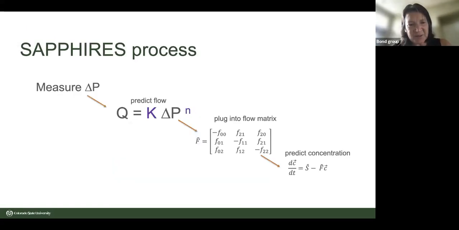So what we're hoping to do in this process, the thing we're adding, is measure that pressure difference under real conditions. Then we can use it to predict the flow, then plug that into the flow matrix, and then predict the concentration. So the results I showed you before are the flow matrix versus concentration. But what we haven't done is connect our pressure measurements, which we showed you, to flow predictions that then go into the model. And I will tell you, this is not right yet, but I want to show you a